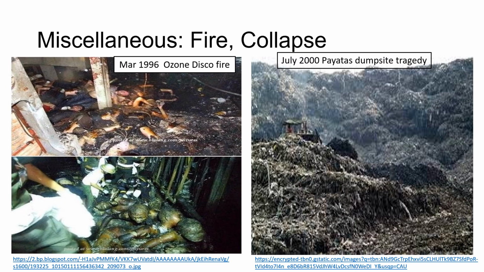The Ozone Disco fire happened in March 1996, where 162 people, mostly students celebrating the end of the academic term, died in a nightclub fire in Quezon City. The management failed to provide fire exits and sprinklers inside the establishment, the fire extinguishers were defective, and the lone exit was through a small door that swung inward and did not meet the standards set by the building